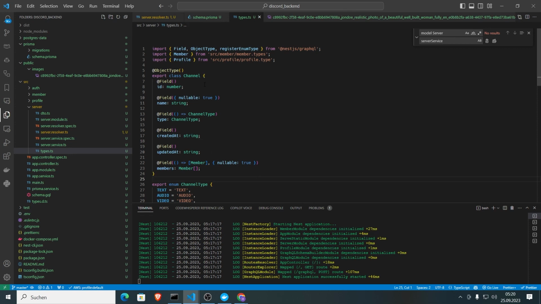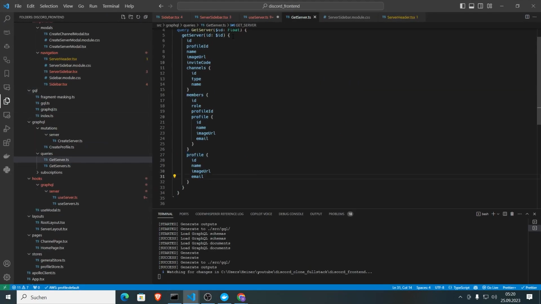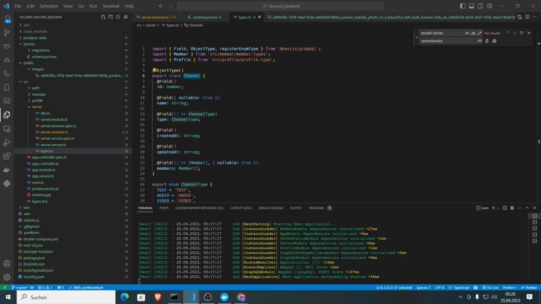But actually I think we do not need the profile field on the channel, so maybe let's leave it like this, and yeah, we are good. We basically just need the profile of the server, which is basically the creator of the server, yeah. Alright,